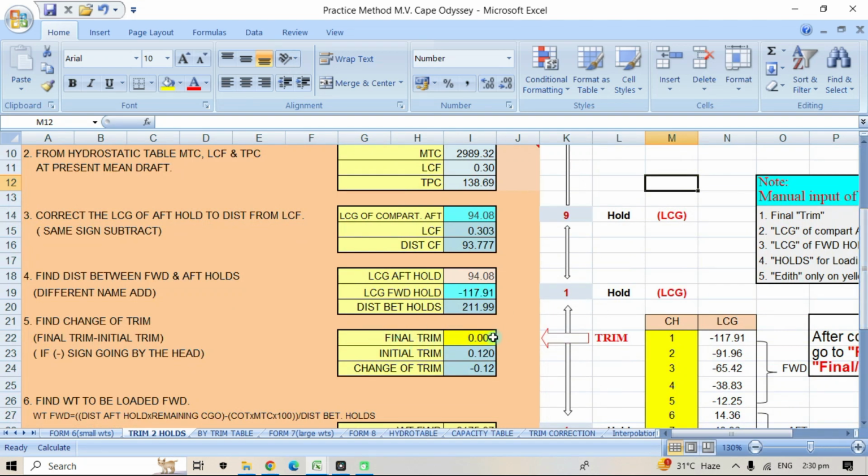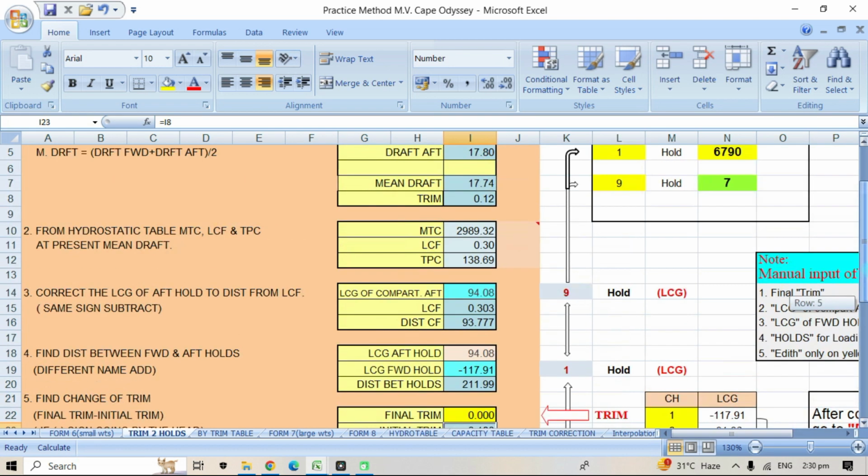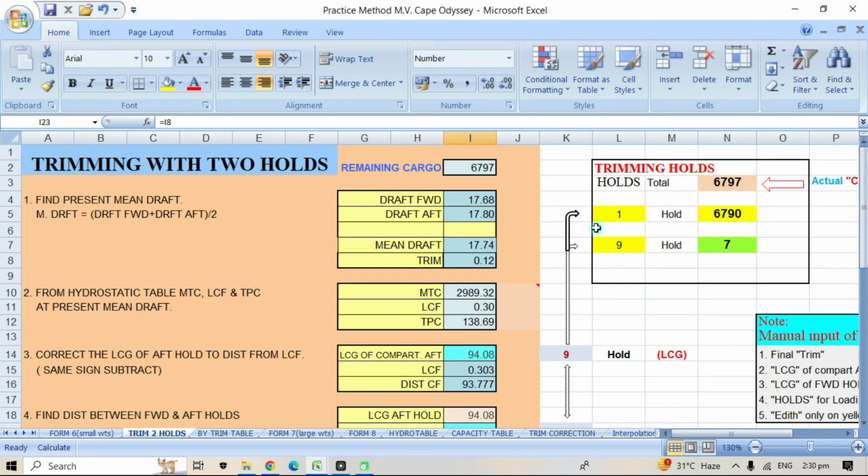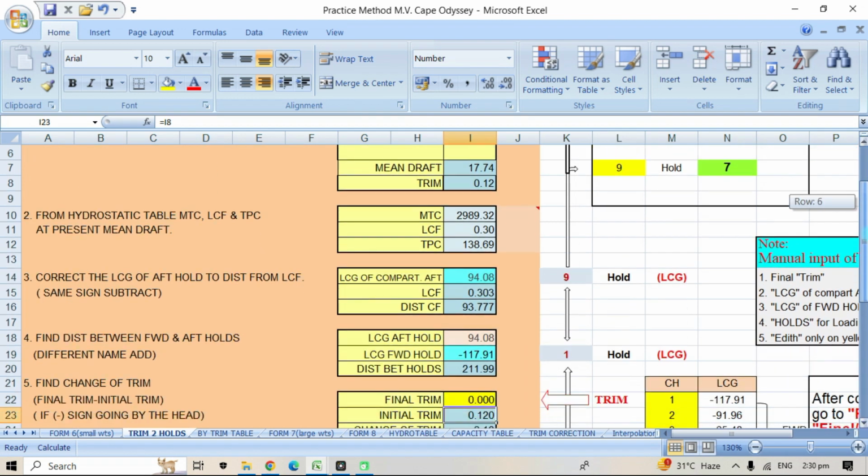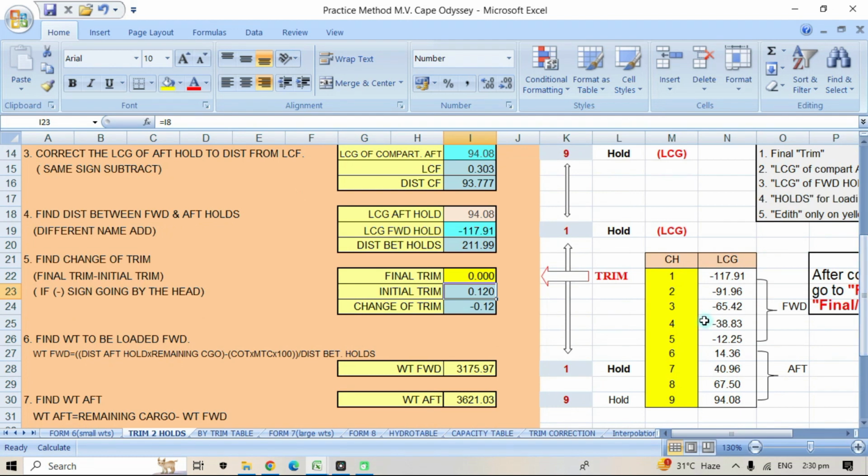The final trim will be 0. Okay, you put here 0. So all you need to know now is how much you are going to load in number 1 and number 9. According to the program, you're going to load in hold number 1 3,176, and on the up part, or number 9, you're going to load